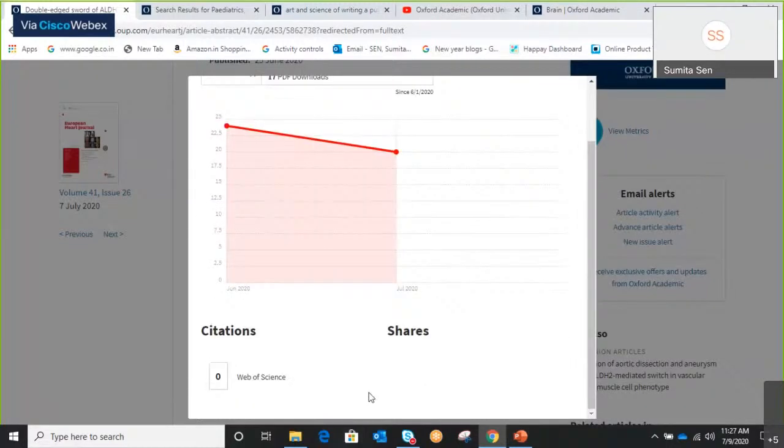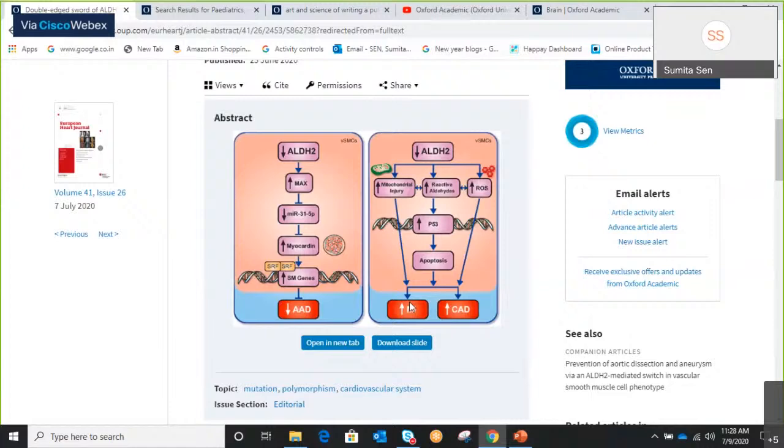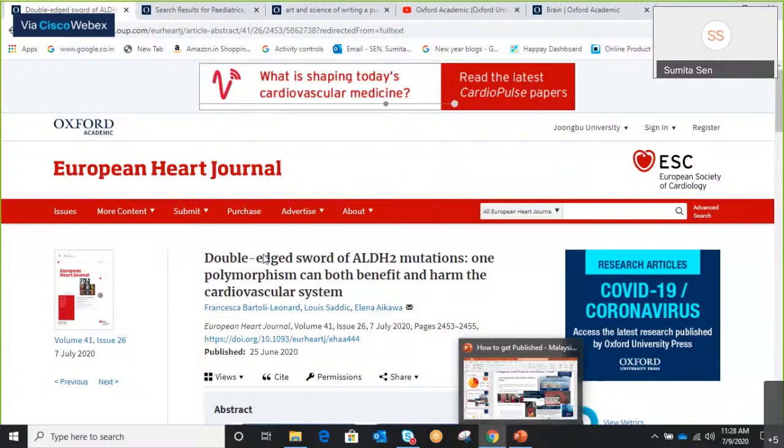Okay, it's not showing. Usually it says get more information and it shows you a world map showing you in which parts of the world it is read and what are the different kinds of people who are reading it, whether they are scientists or students or social workers. So it gives you that information. There must be some background work, which is why it isn't showing. So let's not waste so much time over it and go back to our presentation.